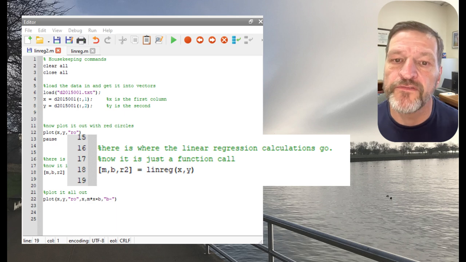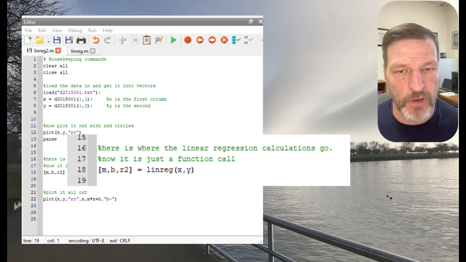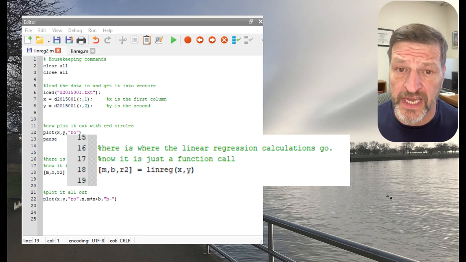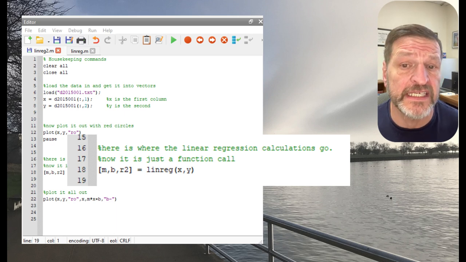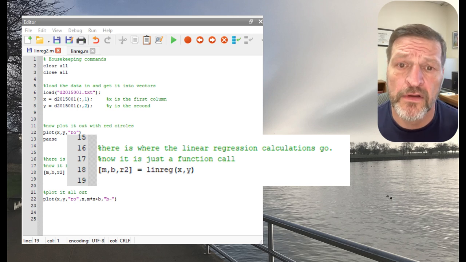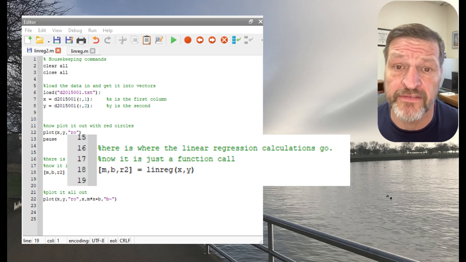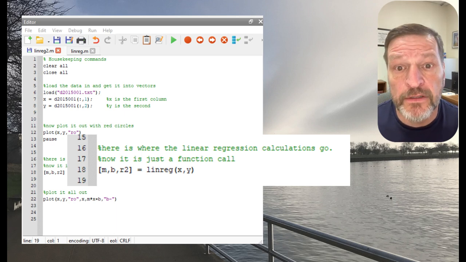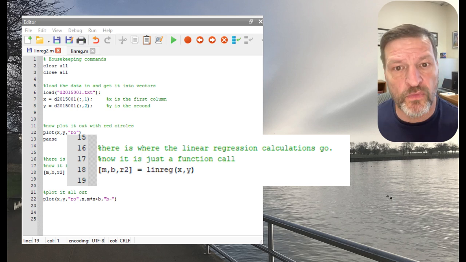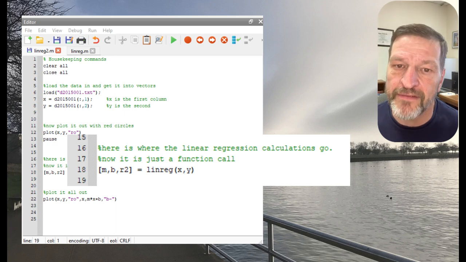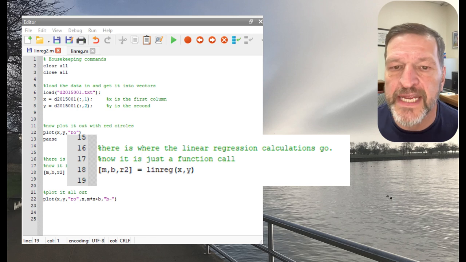This is interesting. First off, the input argument list, like most functions, is in parentheses on the right-hand side of the equal sign. So the new function I've made is linreg. That's the second file that we're actually going to make that function. Good. And so X and Y are the input. Look at the outputs. You can have three outputs. As long as they're in square brackets and they're separated by commas, you can have as many outputs as you